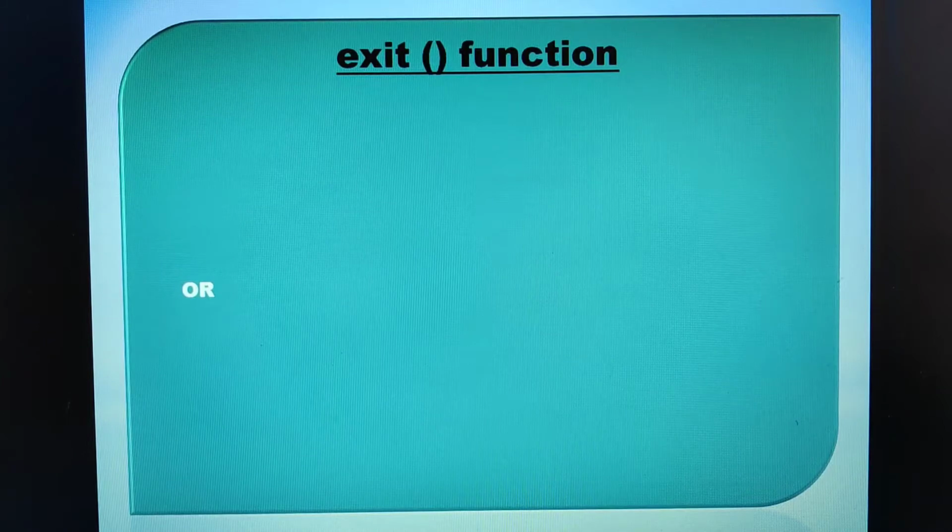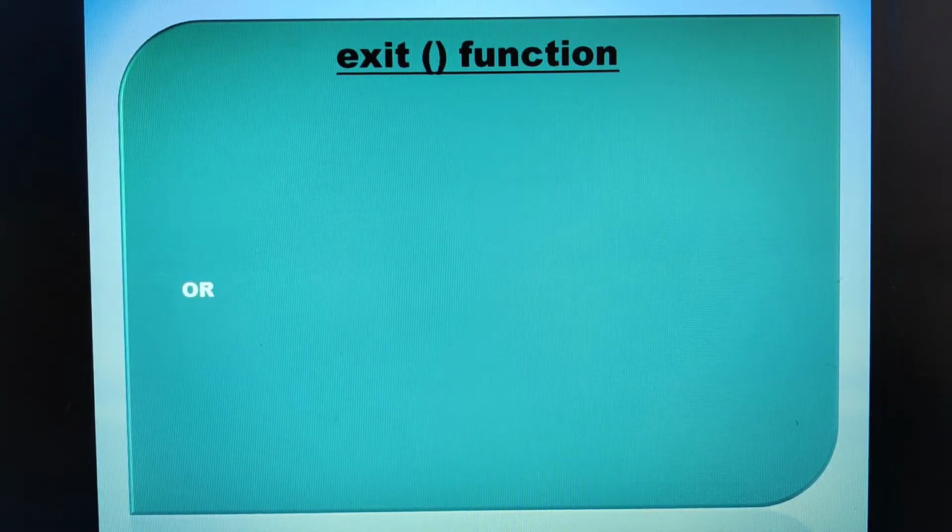So in our previous video we have already discussed the break statement. Break can be used with the switch case, which is a multiple branch selection statement, where it would terminate the particular case and the control would come out of the switch case, isn't it? Similarly, this break statement was also used with looping statements like while, do while, and for loops, where it causes an immediate termination of the current loop.